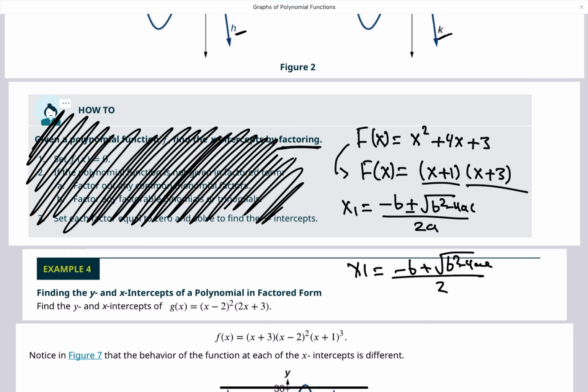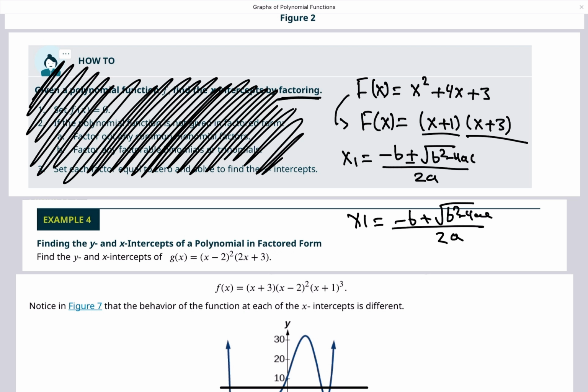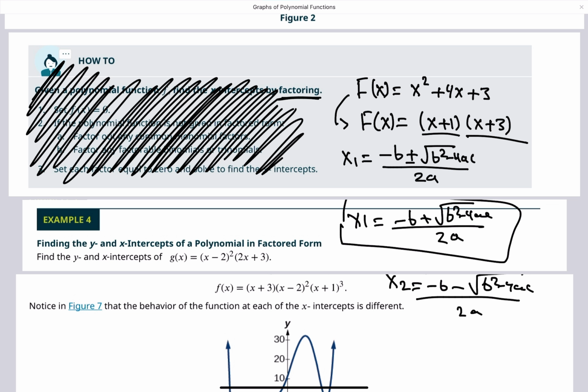And x2 is the negative version, which would be negative b minus the square root of b squared minus 4ac divided by 2a. Okay, pretty straightforward if you want to find x1 and x2. But the thing is,